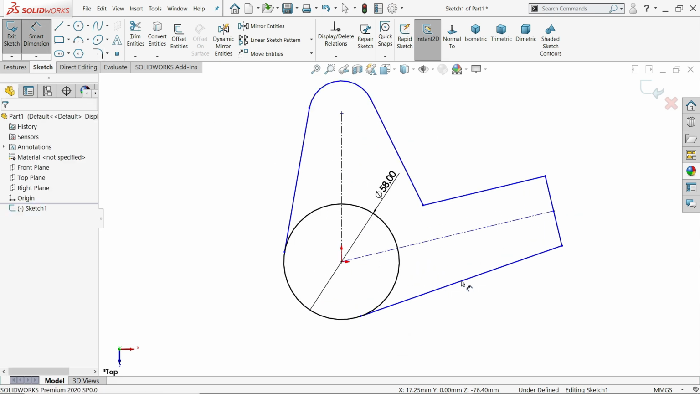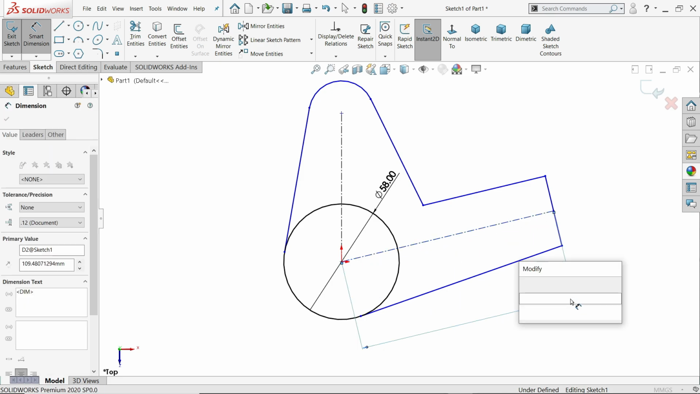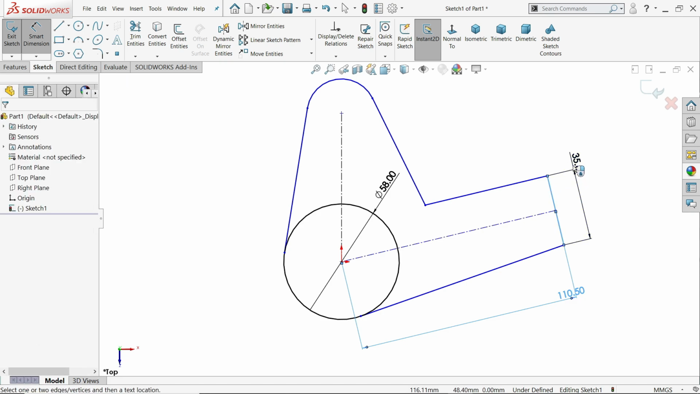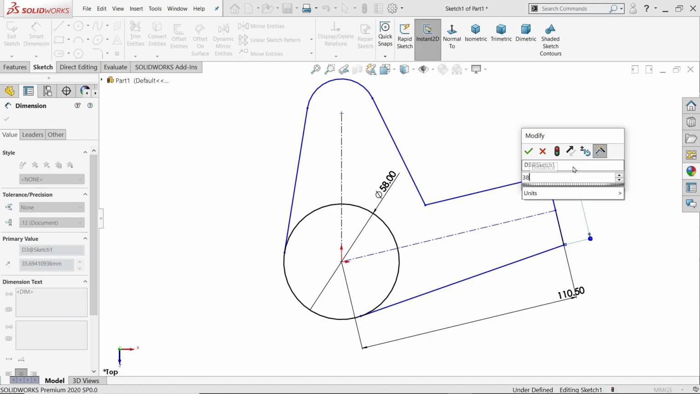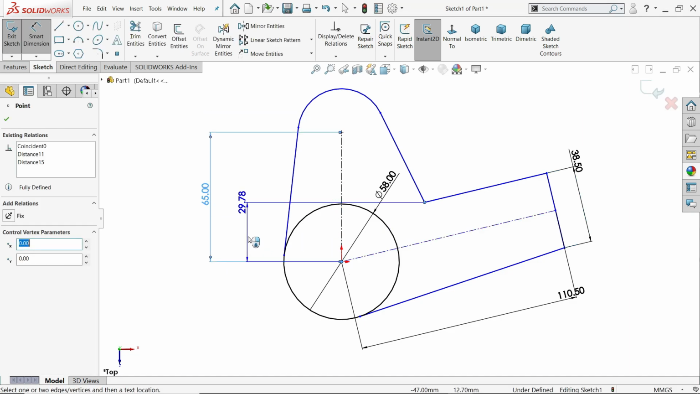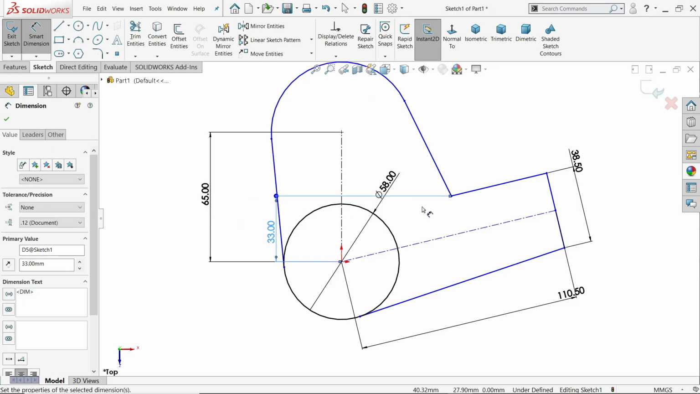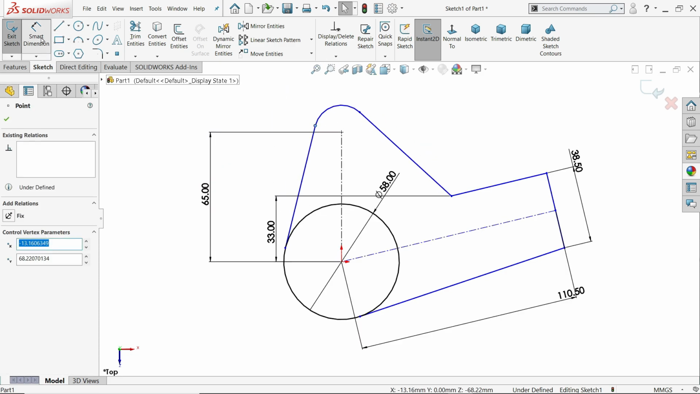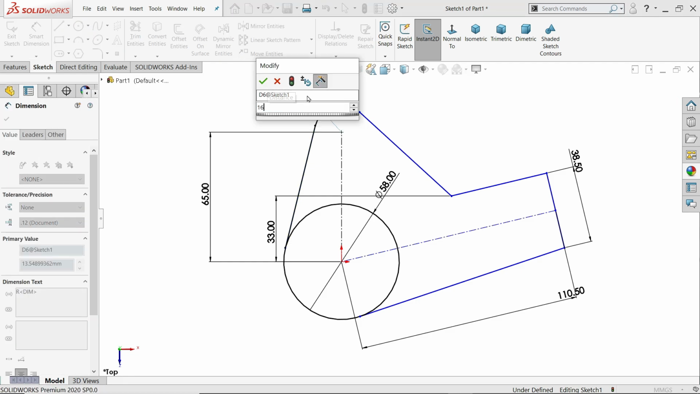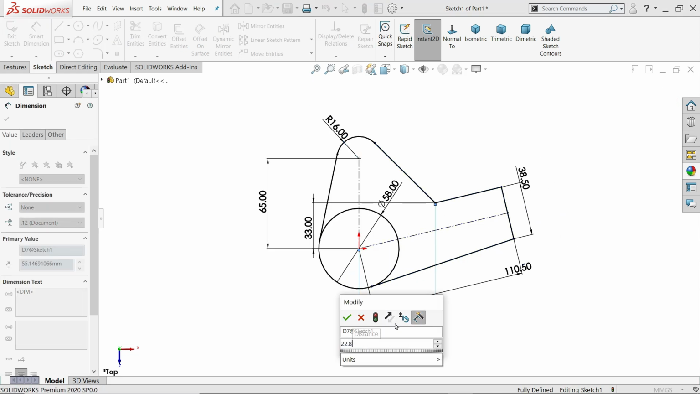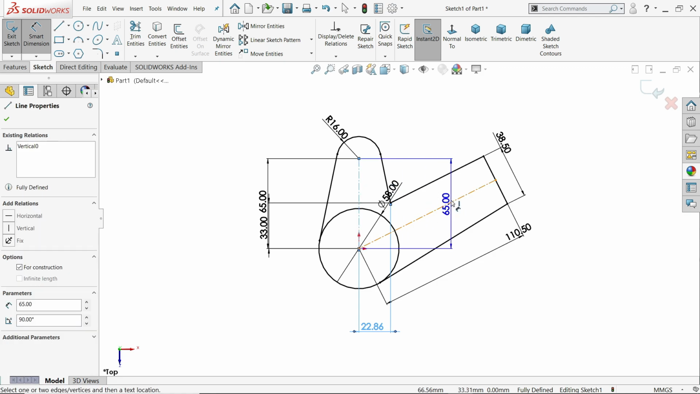Now let's define the dimensions. 110.5, 38.5. Okay, now this length 65. Now this point from here 33. Okay, let's correct this one. Okay, let's define this radius R16. Okay, this point from here to here 22.86. Angle